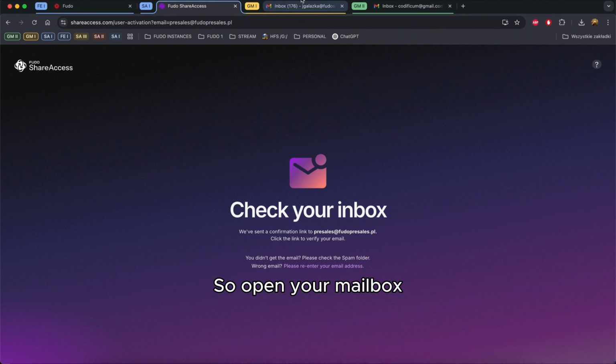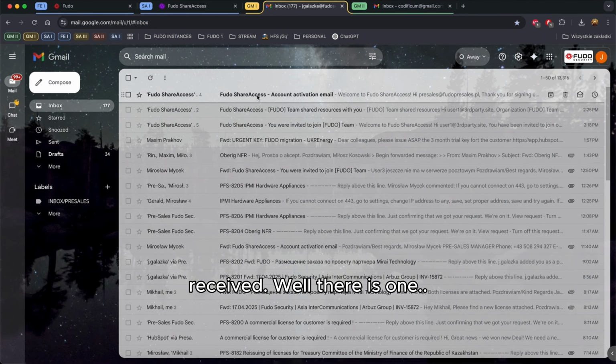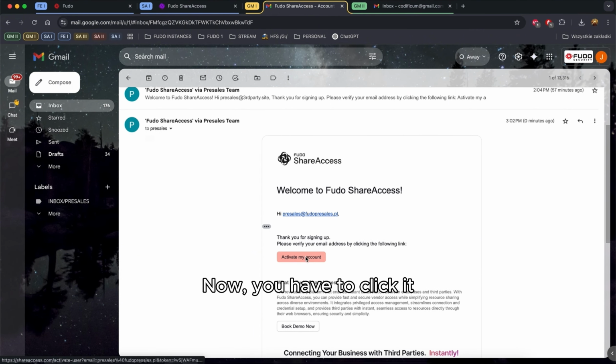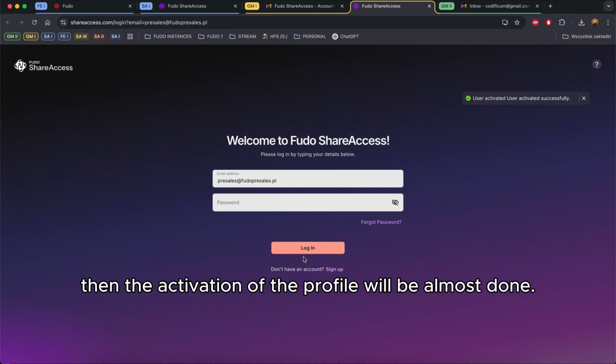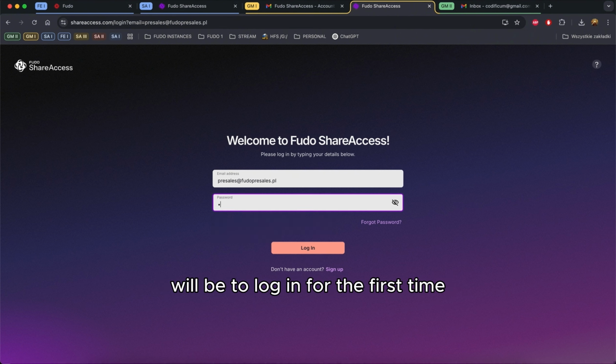So open your mailbox and check if there's any email that you just received. Well, there is one. Now, you have to click it, then the activation of the profile will be almost done, because the next thing that you have to do will be to log in for the first time